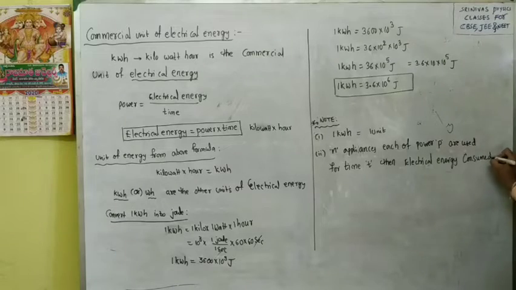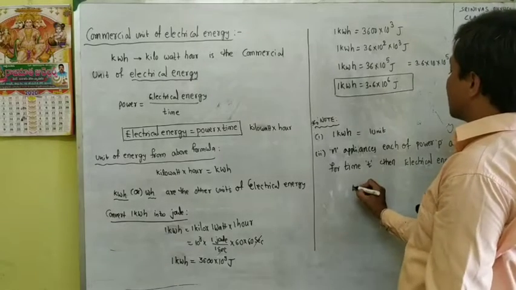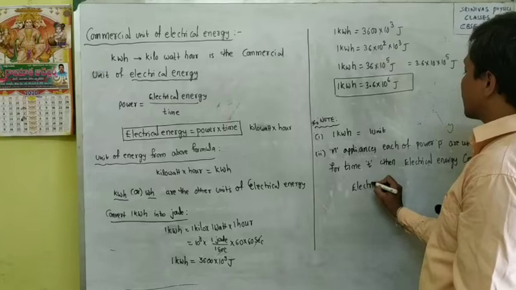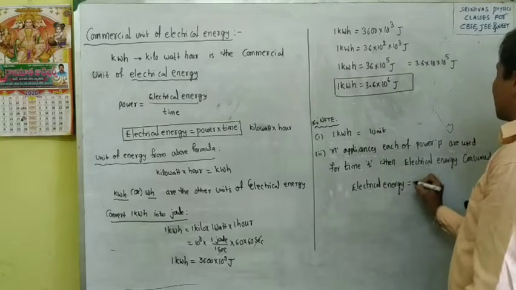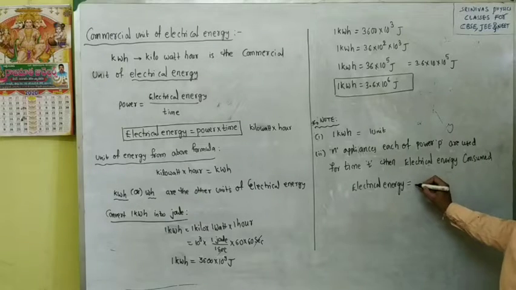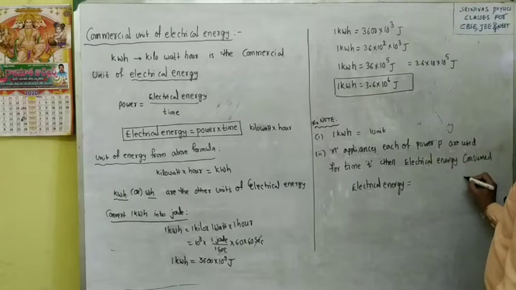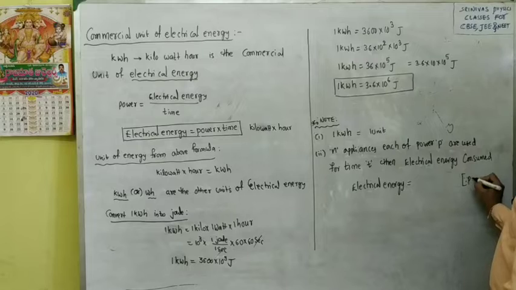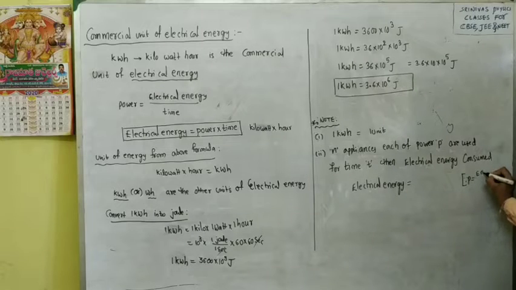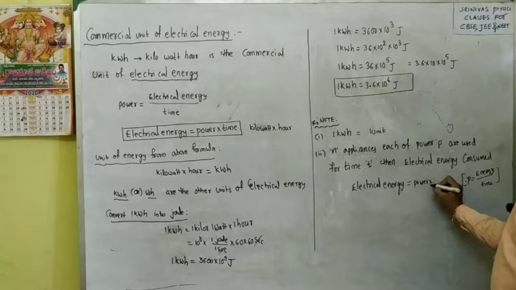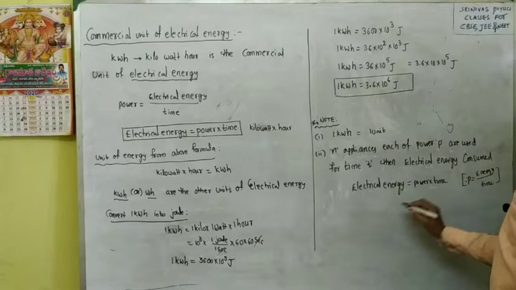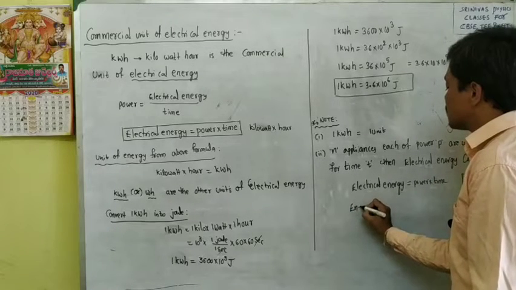Electrical energy consumed, how will you find it out? What is the formula? Power is equal to work by time, that is, energy by time. Then energy is equal to power into time. Energy is equal to power into time. Then energy is equal to power